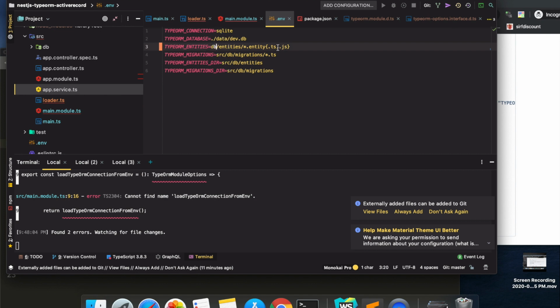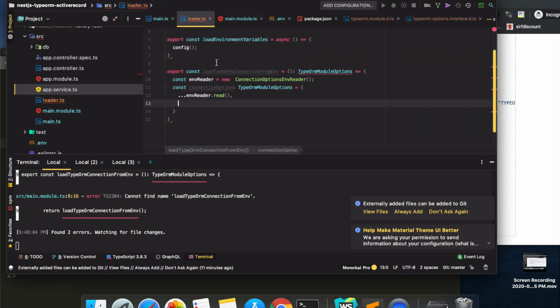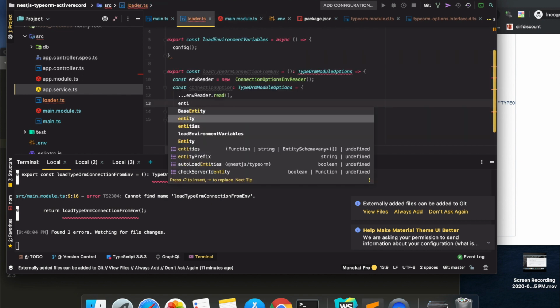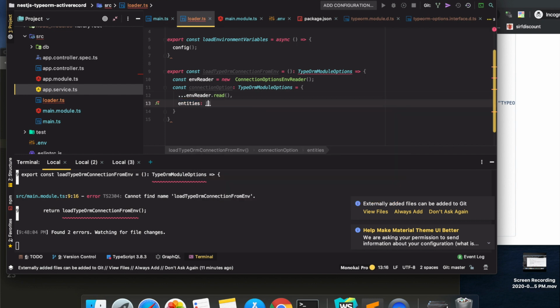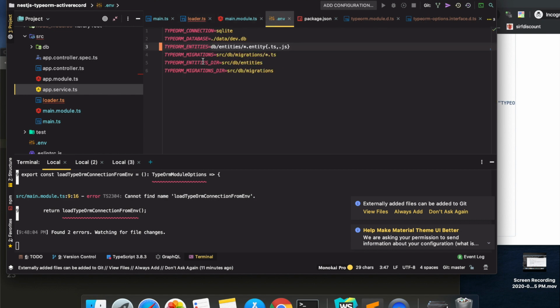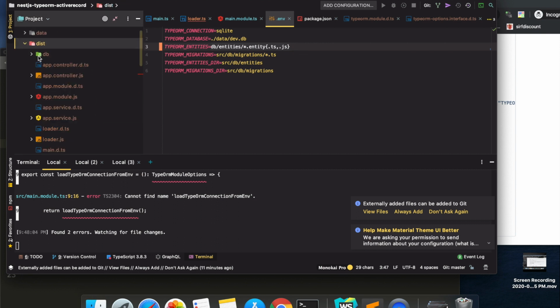So if it would split, then obviously it would be an error case. So in this case we will override the way entities are loaded, and we will define our own variable here. Since you see in TYPEORM_ENTITIES we are giving a relative path depending on whether the code is running in src or dist. So this path will remain the same. Now we have to attach where our code is running before this, right? So if it's running in the compiled version, it should be dist, and if it's running in the ts-node version, it should be src, right?